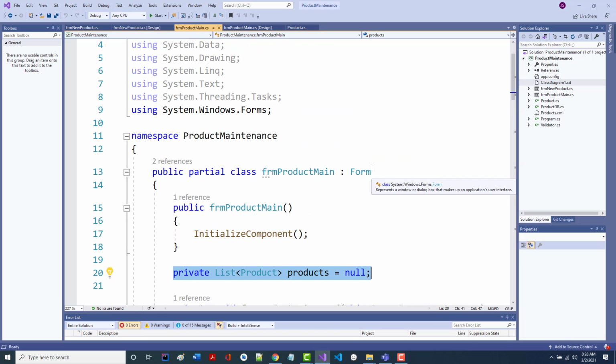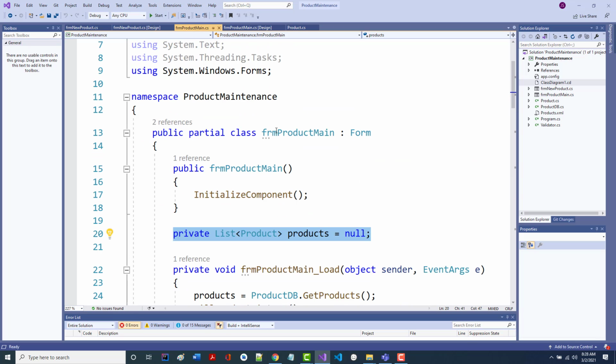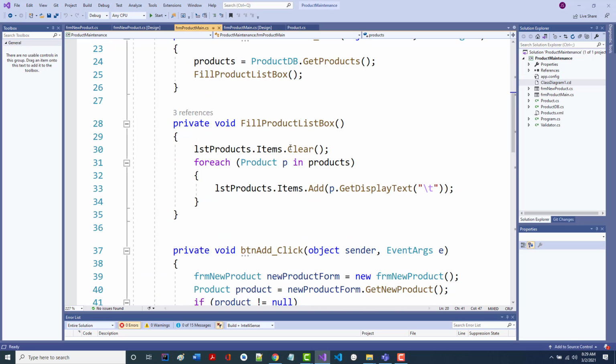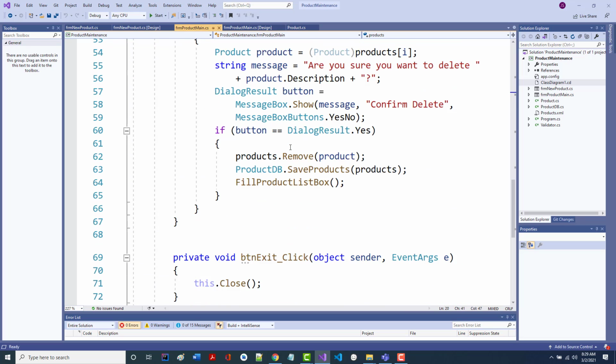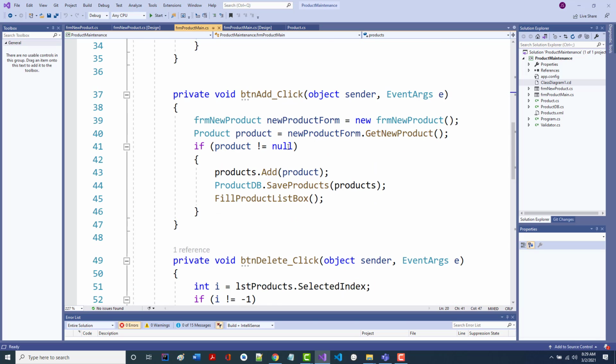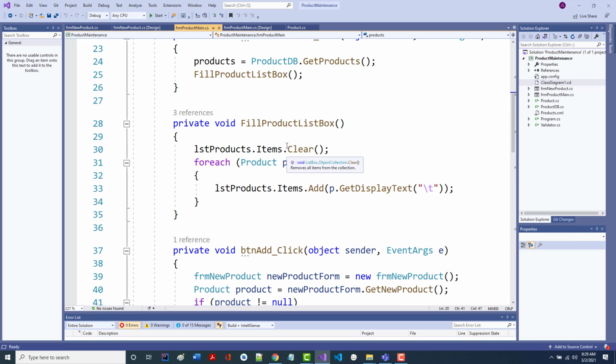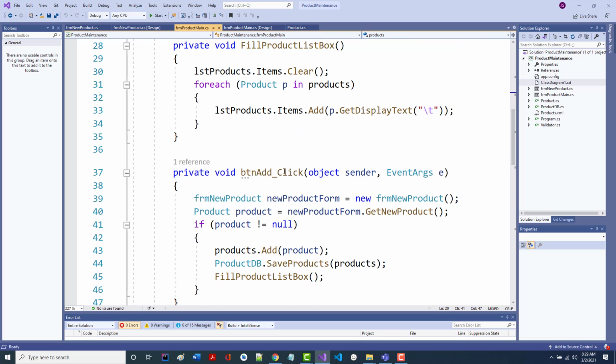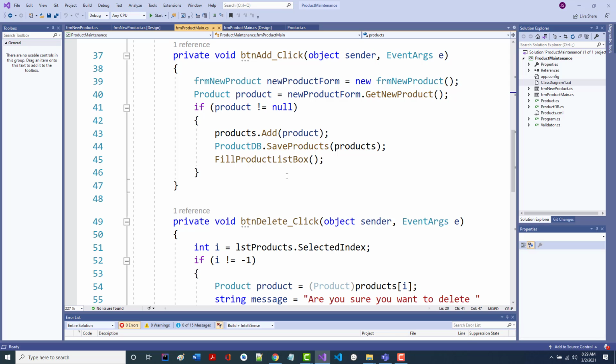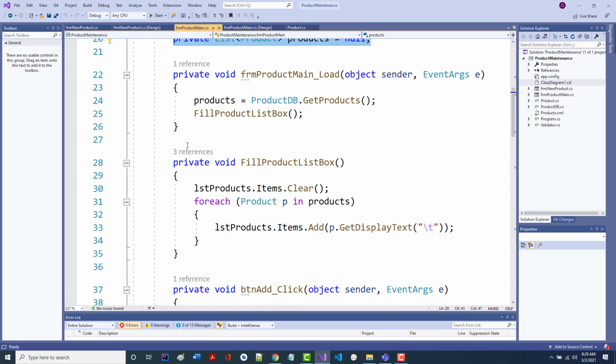And you'll notice in here too, as we look through here, the class itself is public, but virtually every routine in here is private. And you say, yeah, you told us yesterday that isn't the case. Well, it's a way that you can write this. This means that these routines that are in here are only going to be able to be called from what's part of this program right here. So programs from the outside are not going to be able to call fill product list box. They're not going to be able to click the add button, etc. All right. So let's quickly just look through what's happening in here.